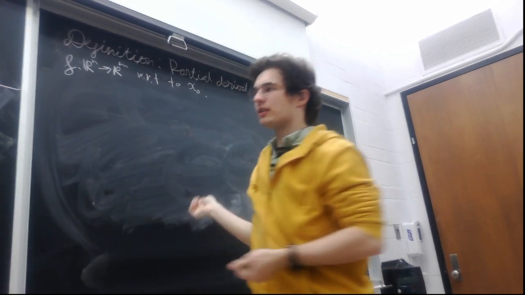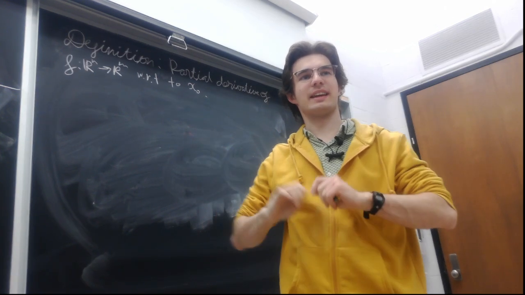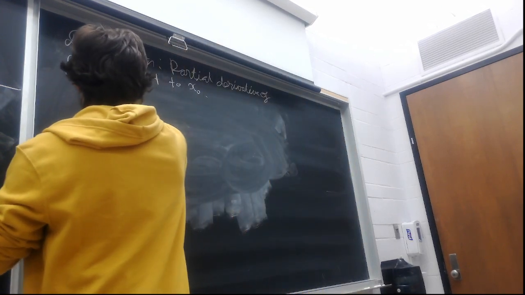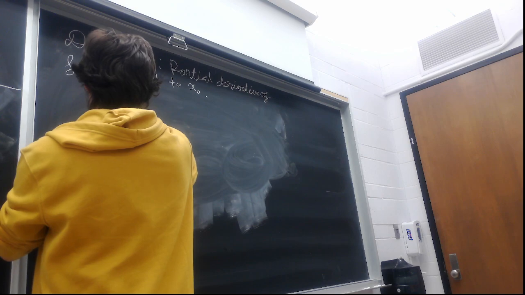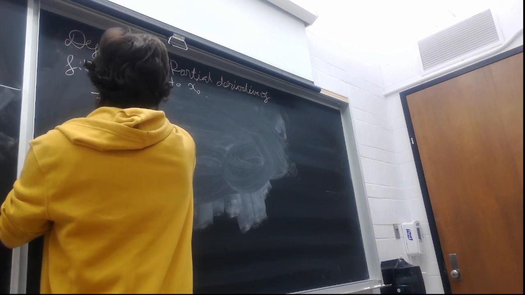What I'm about to define is really the exact same thing as the directional derivative. It's exactly the same, but I'm just doing it in coordinates. It is denoted like this,